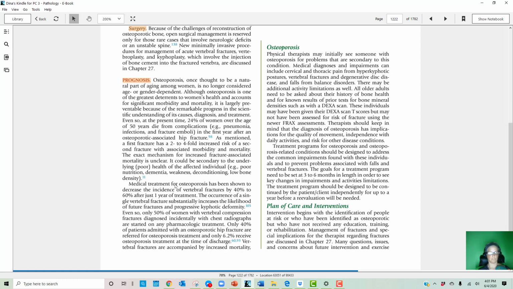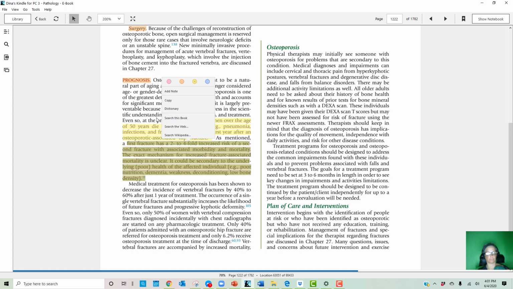Even so, at the present time, 24% of women over the age of 50 years die from complications, for example, pneumonia, infections, and fracture emboli, in the first year after an osteoporotic-associated hip fracture. As mentioned, a first fracture has a 2 to 4-fold increased risk of a second fracture with associated morbidity and mortality. The exact mechanism for increased fracture-associated mortality is unclear. It could be secondary to the underlying poor health of the affected individual, for example, poor nutrition, dementia, weakness, deconditioning,